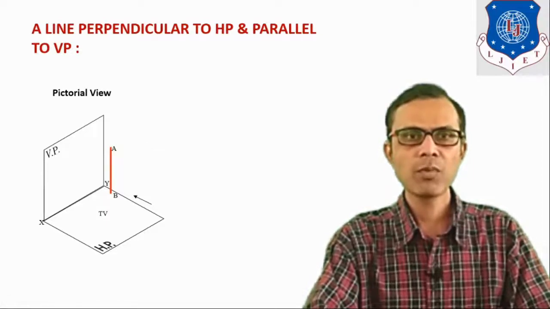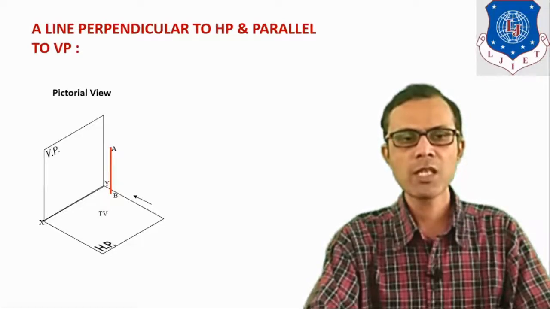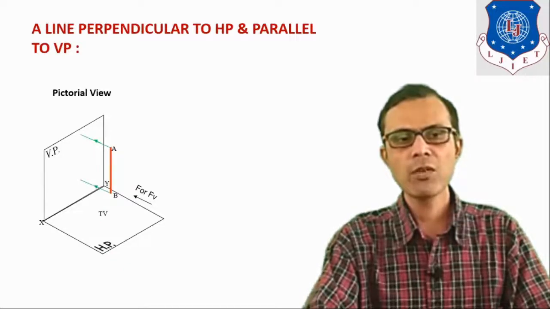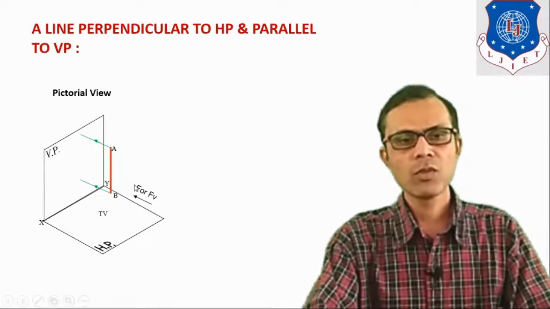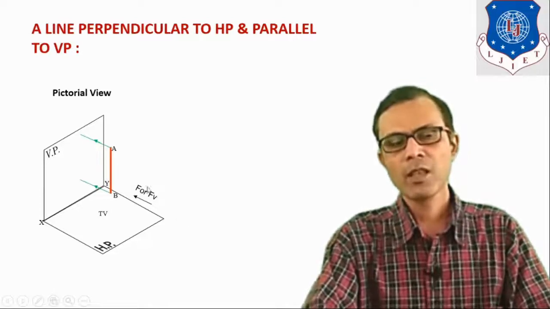And you know that projection means we have to draw front view and top view. So this direction is direction for the front view. So when we look at this straight line from this direction, we will get its projection on VP. And the projection which is obtained on VP is known as a front view. So it is direction for the front view, where observer is here for front view.